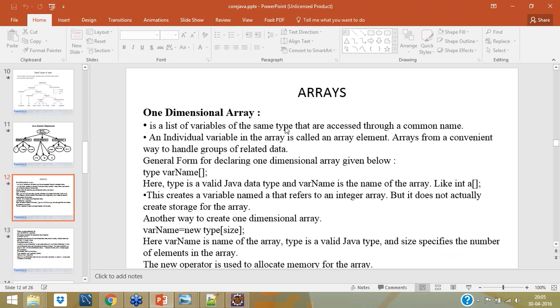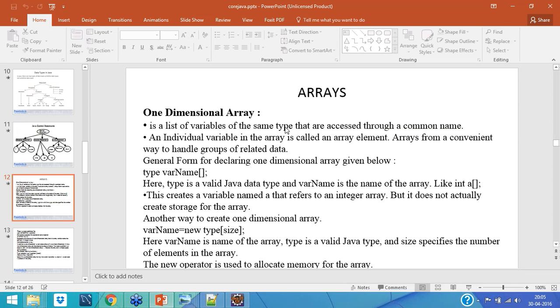We'll go to arrays, how arrays work. Let me tell you what an array is. An array is a collection of similar kind of data, which means I can have a number of integers inside a particular bucket.